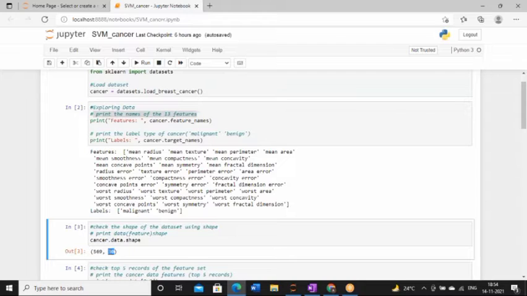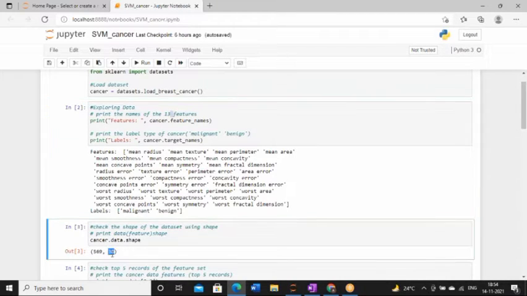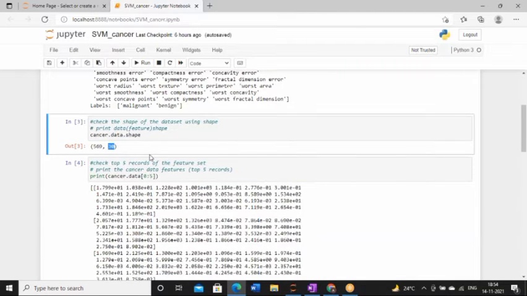That's why I'm telling you that how many features you have to include for your classification purpose, you have to find out by reading the dataset description in detail. So that's why we have considered 13 features over here out of 30. So this is how we can use this shape concept.